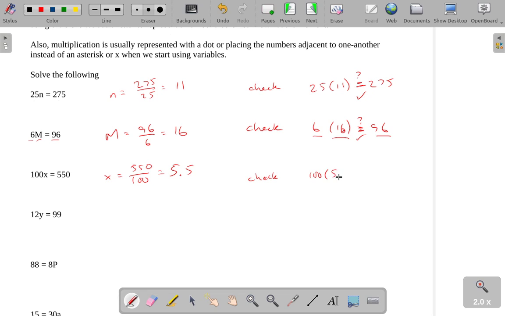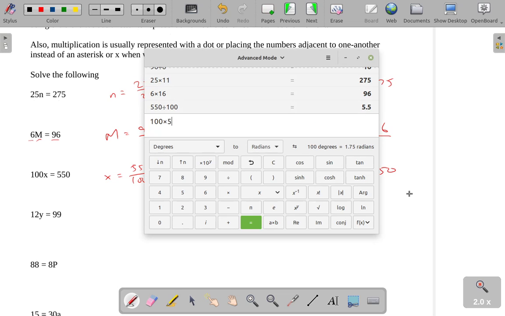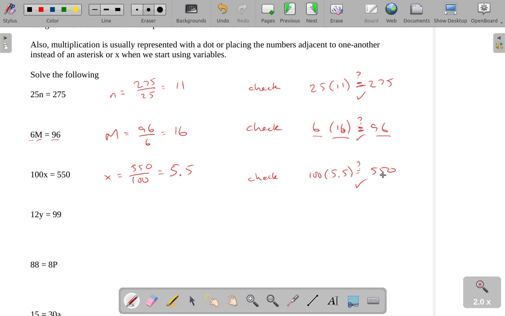100 times 5.5 equals 550? So I could ask my calculator to do 100 times 5.5, and we get 550. That one comes out correctly. Okay, so that one you might have been able to get, 5.5 times 100, but when you get to something